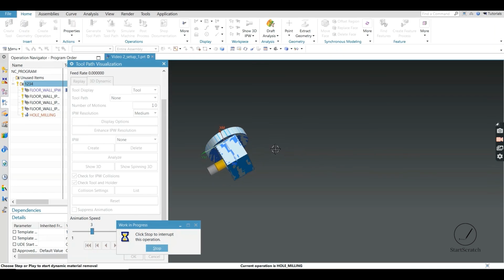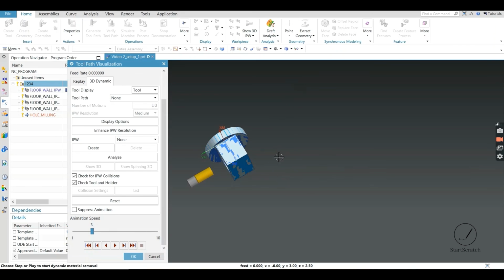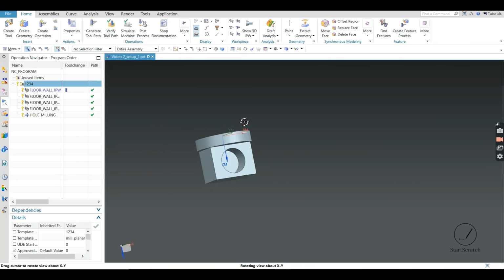Now the hole making operation is done. Now finally the part is created.